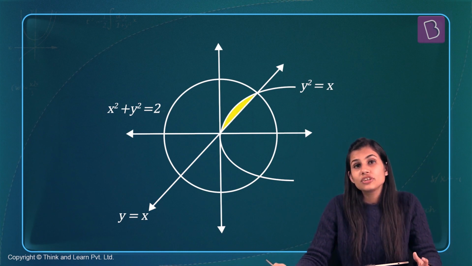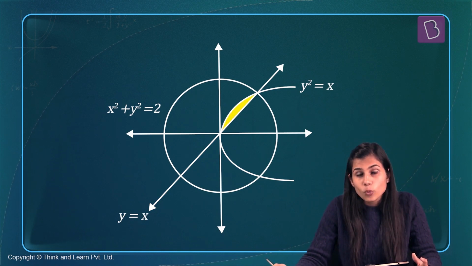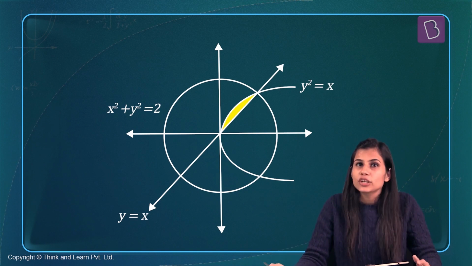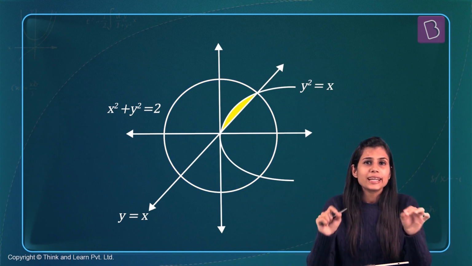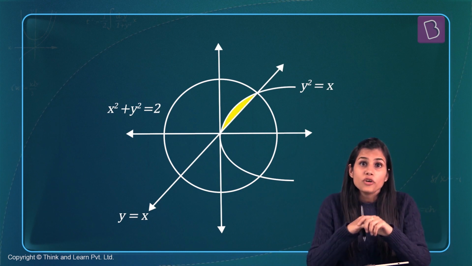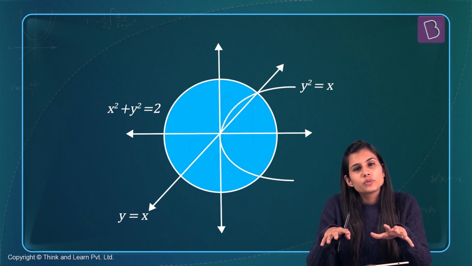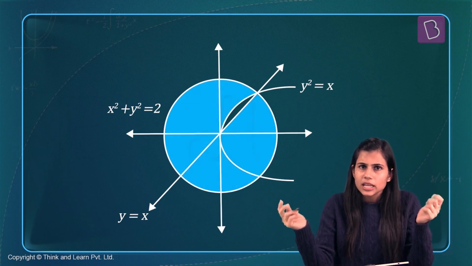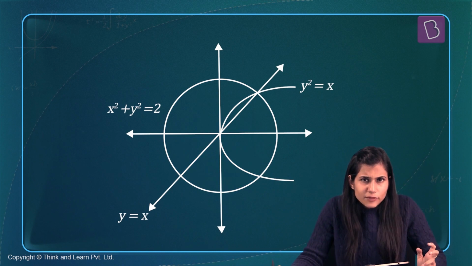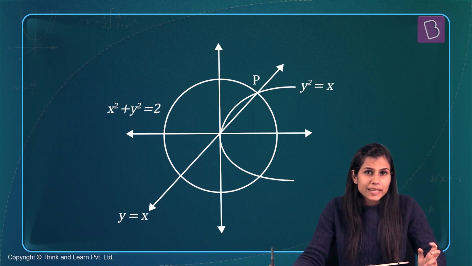Okay, this is the region which is common to the area enclosed within the circle as well. So first of all, we are going to find the area of this colored region. Then from the area which is enclosed within the circle, I will be removing this area to get my required area. So let's begin. For that, firstly, we have to decode that this point P that you can locate in here,